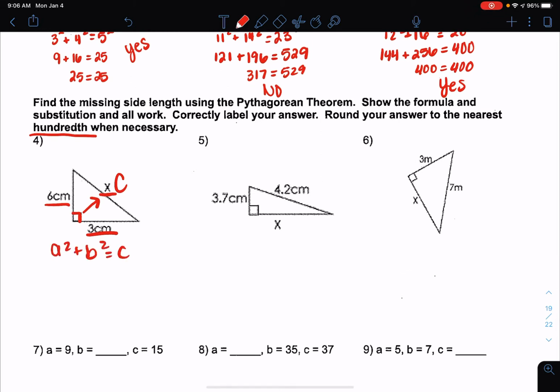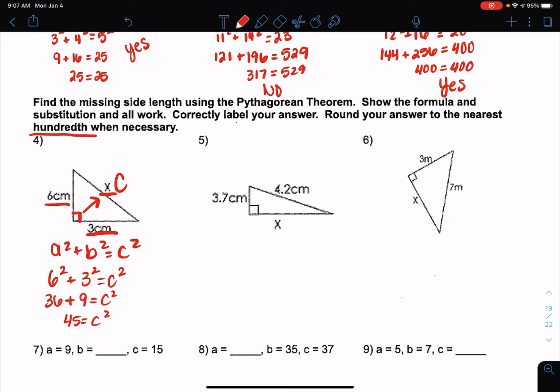Writing down my theorem, a squared plus b squared is equal to c squared, I'm going to plug in my legs. One leg is 6, so 6 squared. My other leg is 3, so 3 squared, is equal to c squared. Simplifying my exponents, 6 squared, 6 times 6, gives me 36, plus 9, which is 3 squared, is equal to c squared. Finish adding, 36 plus 9 is 45, is equal to c squared. I still don't have c by itself, so I'm going to square root both sides, which gives me that c is equal to